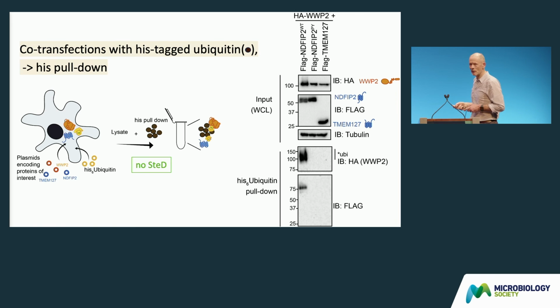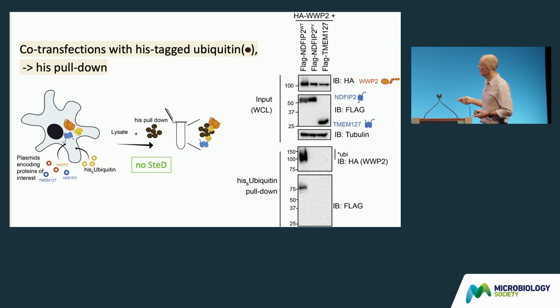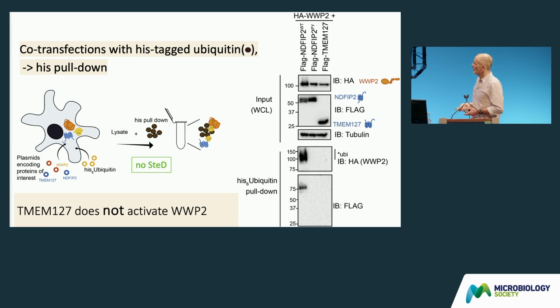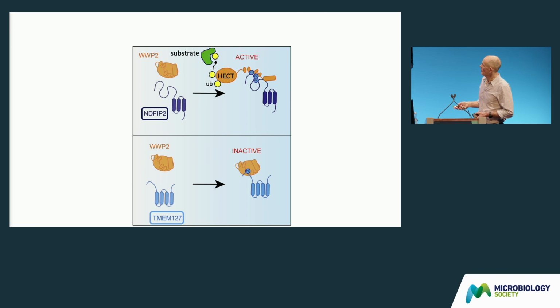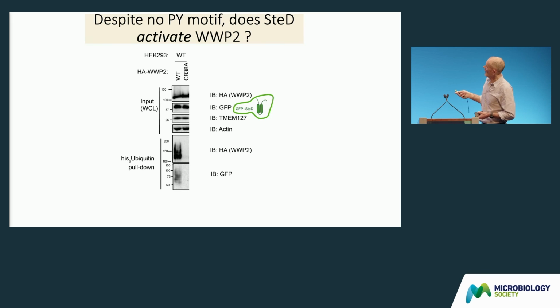But TMEM127, if that's added instead of NDFIP2, wild-type TMEM127, the one that we identified with WWP2, there's no activation. So TMEM127 by itself does not activate WWP2, whereas the bona fide NDFIP does. That raises the question of whether STED itself has any role in the activation. And so when we add STED into the mix, together with either wild-type WWP2 or a point mutant of